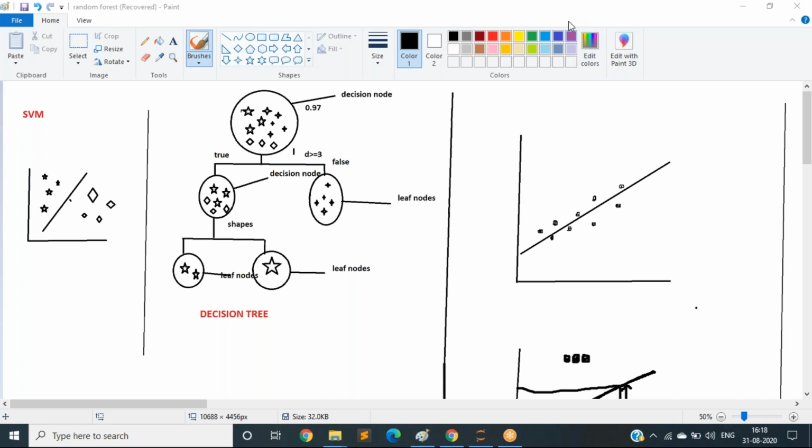Have you got the difference why we are using the decision regressor here? Have you understood the difference? Why we are moving forward to the decision regressor, not the linear regression?